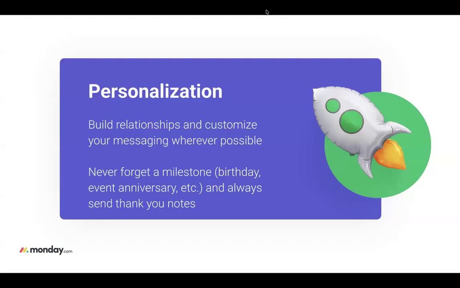Another good tip is around milestones. The more you know about your donors, it's a flywheel effect. The more you have in your database about your donors, the more specific and detailed your messaging can be. So if you've got access to people's milestones, like birthdays, send them a happy birthday note. It could come across as cheesy if it's done the wrong way, but I would say there's no harm in sending someone an innocent little 'How are you doing? We thought of you on your birthday. Many happy returns.' I would like that.